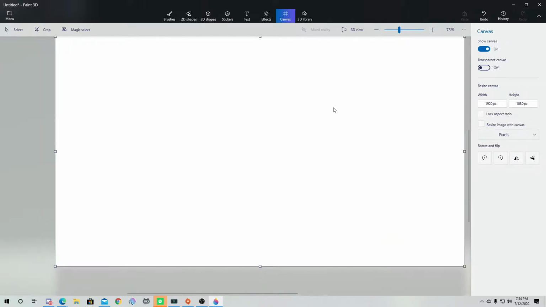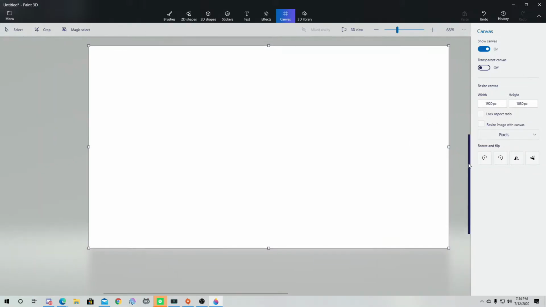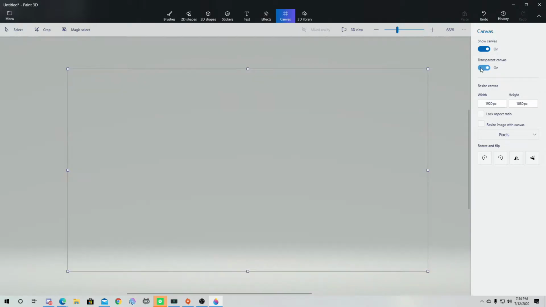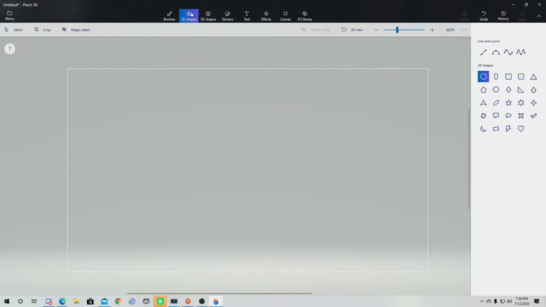We have 1920 by 1080, and I'm just going to zoom out just a little bit, center that back up, and then we're going to turn transparent canvas on. Okay, so now the canvas is transparent, and you can do 3D shapes, but for the sake of the video, let's just do a 2D shape, and we can add any of these shapes that we want to. So for example, let's just get goofy and let's use